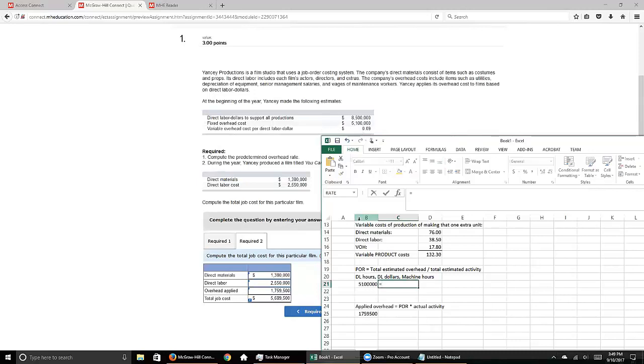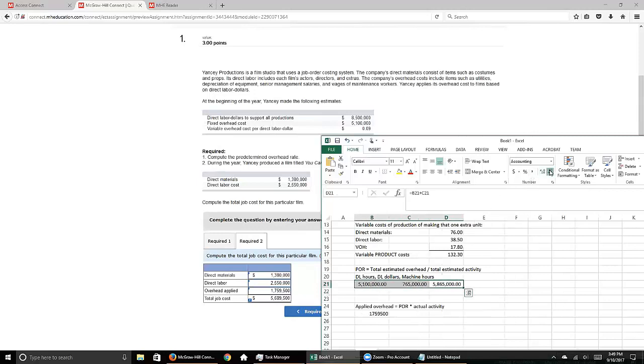So I had to say, well, that means my total variable overhead is 9 cents times 8,500,000, or this 765,000. So then my total overhead, fixed plus variable, is the 5,865,000 here. And we have commas. There we go. Okay. So now I have my total estimated overhead,